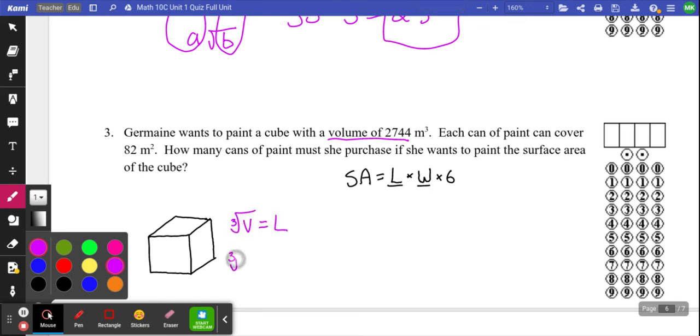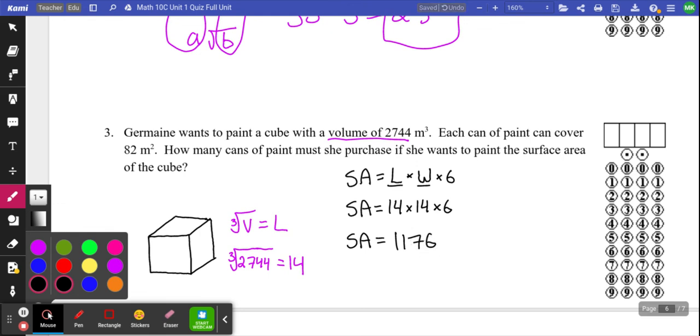So if you cube root 2,744, that will tell you what the length is. We do that in our calculator. The cube root of 2,744 is 14. That means the surface area of this cube is 14 times 14 times 6. The length and the width are the same because it's a cube, right? The surface area of this cube, that's the amount of area you need to paint. 14 times 14 times 6 is